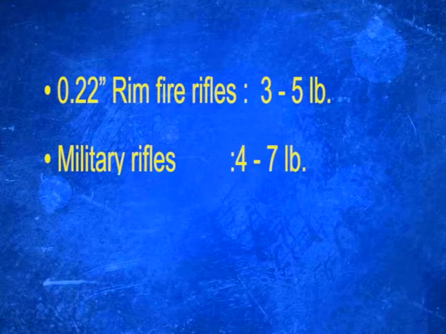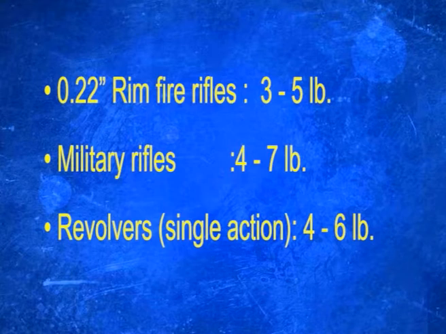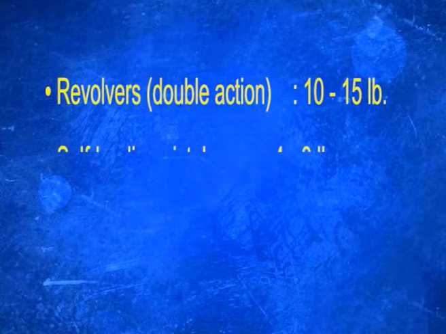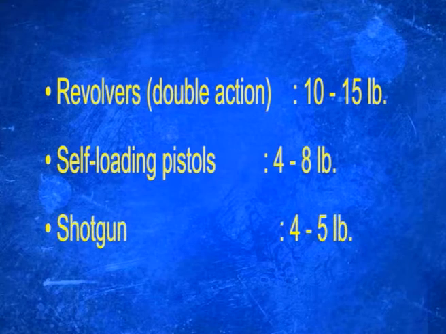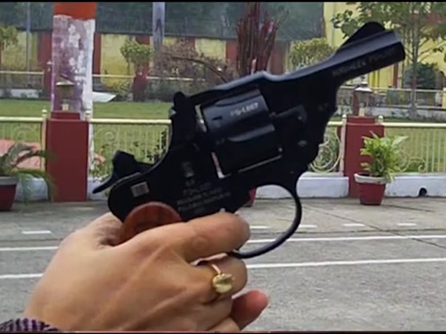0.22 inch rimfire rifles 3 to 5 lb, military rifles 4 to 7 lb, revolvers single action 4 to 6 lb, revolvers double action 10 to 15 lb, self-loading pistols 4 to 8 lb, shotguns 4 to 5 lb. Now, most frequently it is observed that a person acquainted to a particular kind of weapon and used to pulling the trigger very hard accidentally pulls the trigger of a different weapon which may have less trigger pull, causing accidental